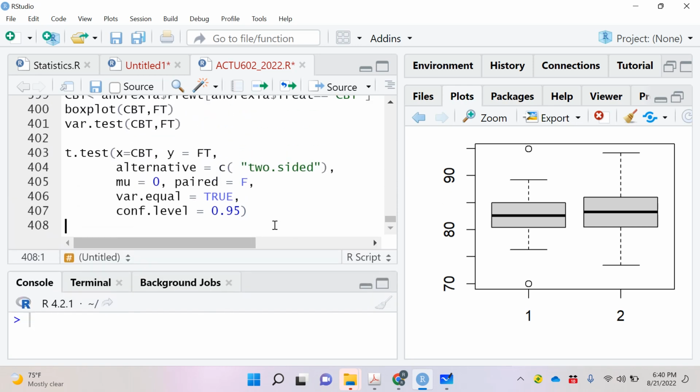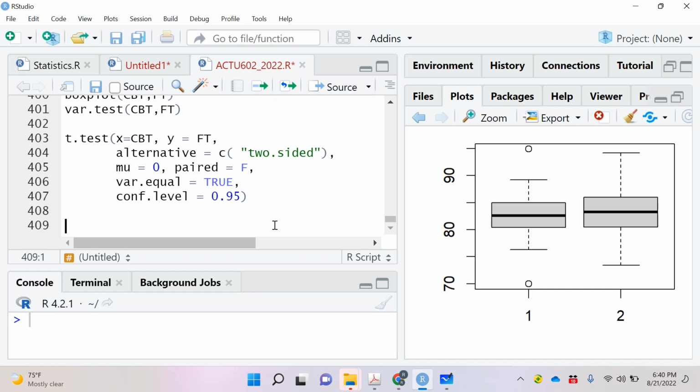But remember that it is not always the case that we'll have only 2 samples. In some cases, we'll have more than 2. So if we have more than 2, what do we do? One may say, well, we can conduct the t-test several times until we compare each of them. But that's not good because every test has an associated type 1 and type 2 error. If you do it several times, then you cascade this error. So there should be an omnibus test, and that leads us to what we call